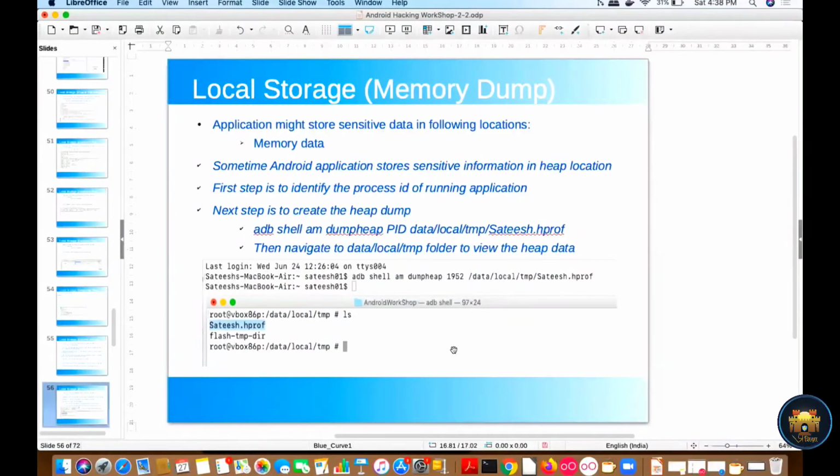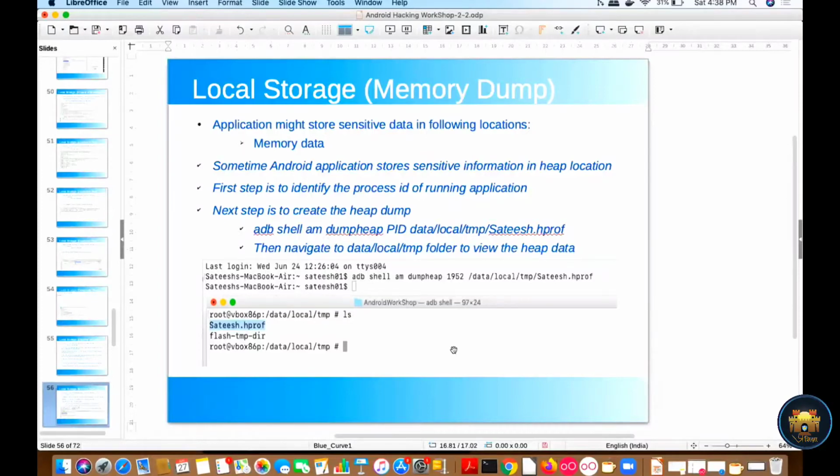All right, so the next one is the memory dump, right? Sometimes an application also stores information in memory, in the local storage memory. So basically, as an attacker or as a pen tester, we need to check the memory data as well. Sometimes an Android application stores sensitive information in the heap, and we need to check whether it contains any sensitive information or not.